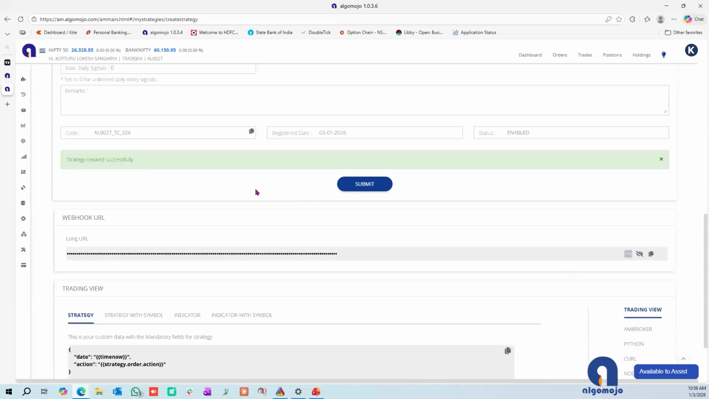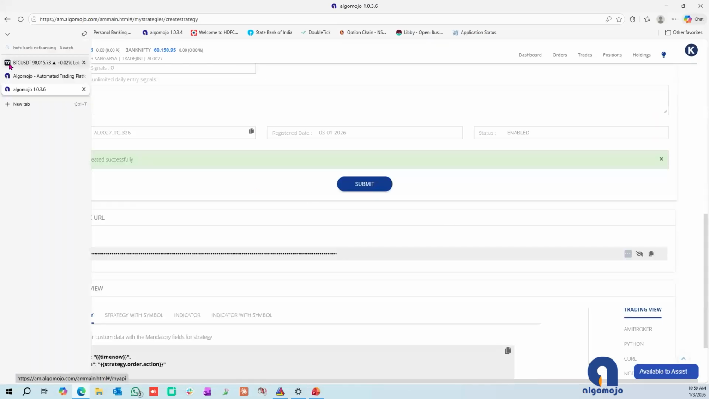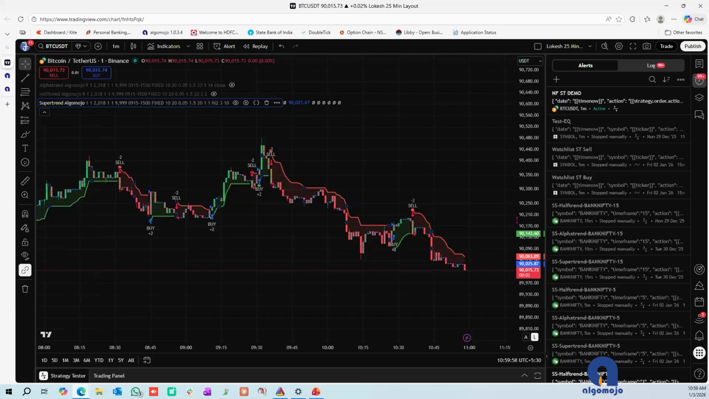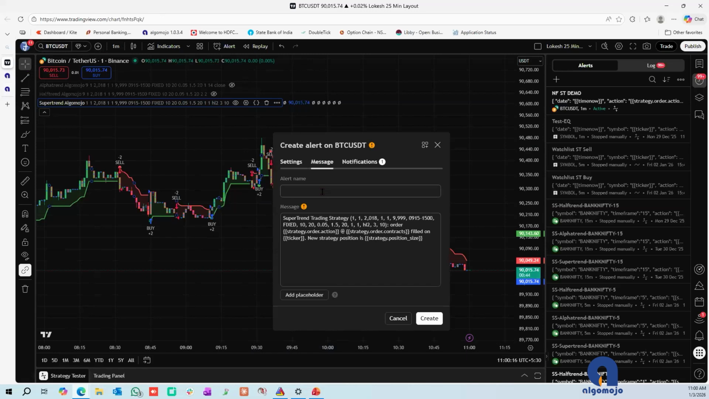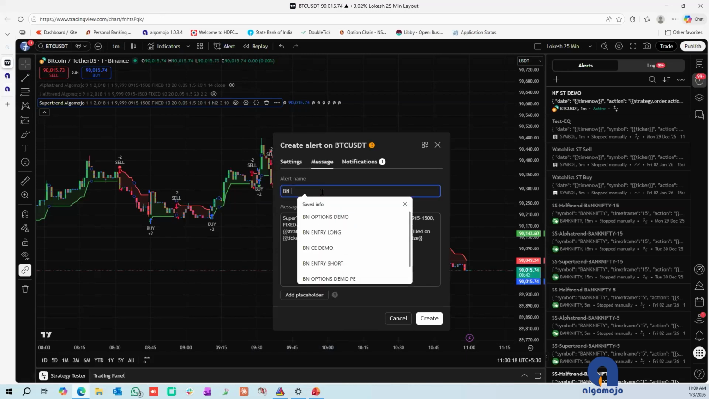and go to trading view and create one more alert. For example, let's create an alert for options here. So the way to do is, we'll say, if it was, say, Nifty 50, load the chart, load the time frame that you are trying to trade, and load the strategy. Here all you have to do is go again and create an alert. We will give a name as BN options demo,